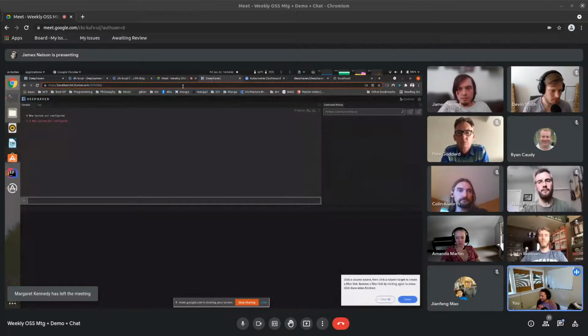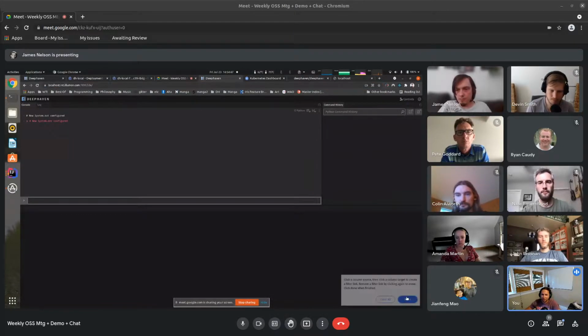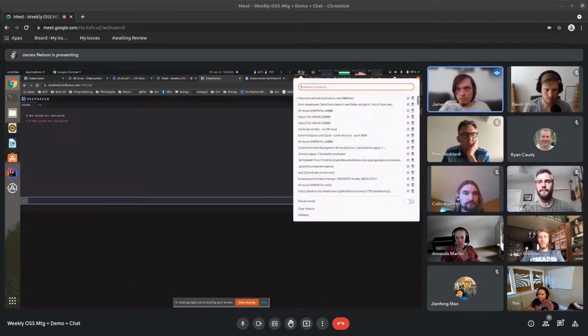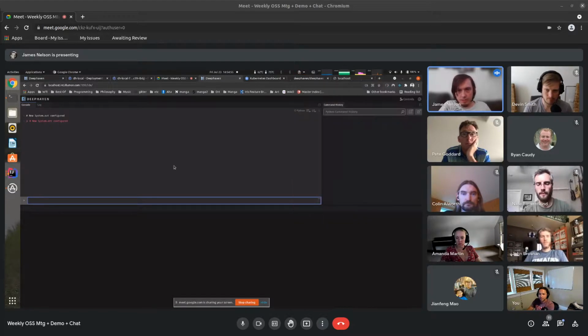This is the OSS team demo week, July week 3, and we're starting off with James showing us some demos. Cool. So this one here is a localhost installation of Kubernetes,